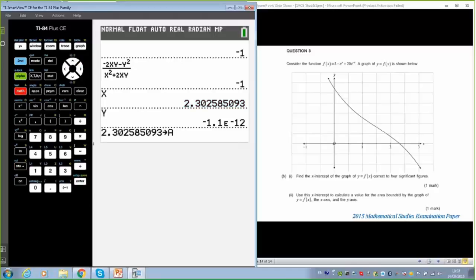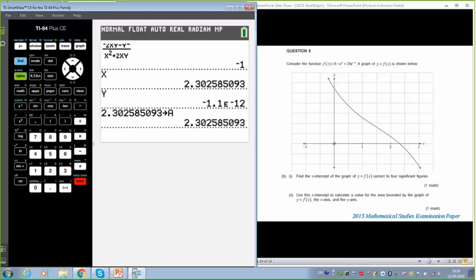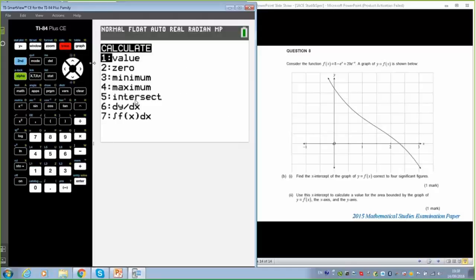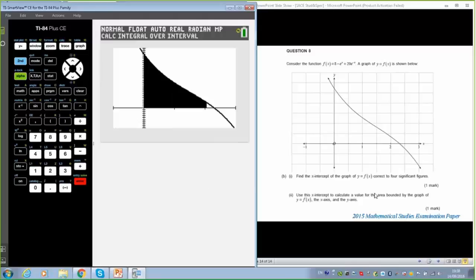I encourage my students to write down next to the question where they stored it, so they don't lose track of what it is. And it asks for the integral. So we're going to go second, calculate the integral. And I could do it just with the alpha F2 and do it without the graph, but I quite like the graph. I like seeing it. I think you've worked that out about me. And upper limit is A, because it now knows the value. And it will nicely work out the value between 0 and A, which is what it wants here, and hence the reason why it's on 1 mark, and the efficiency of what the chief assessors were saying.